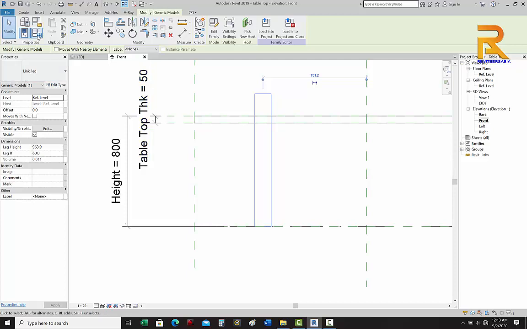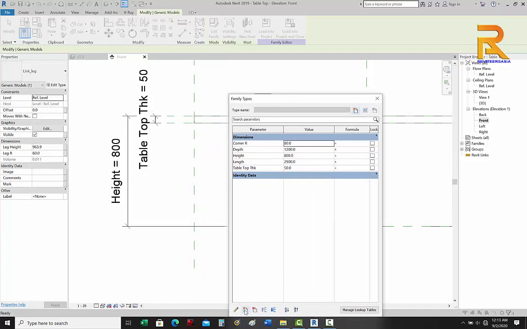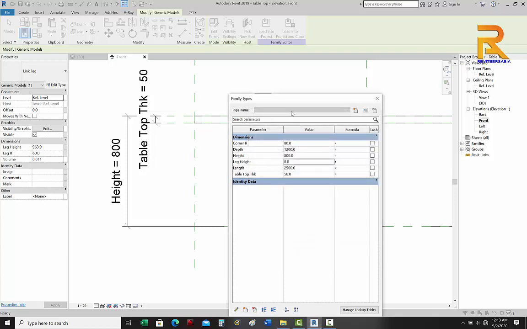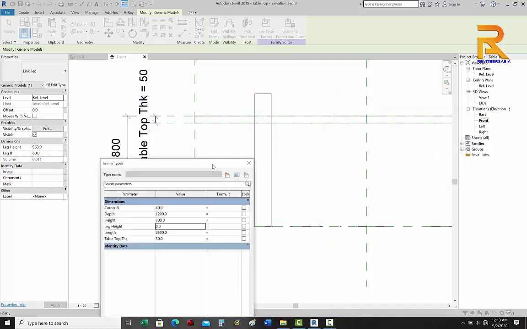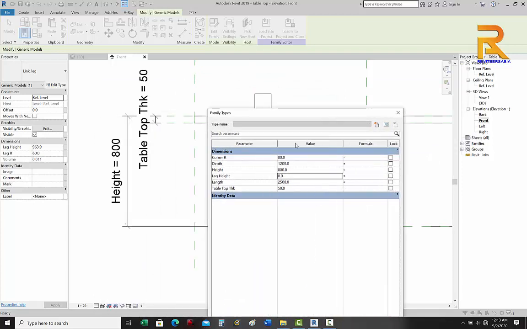Okay, so I will create another parameter here and say just we make this one as a type. That's fine. So say this will be the leg height. You see the value now is 0. We put a simple mathematical formula here. So the value of my leg height is